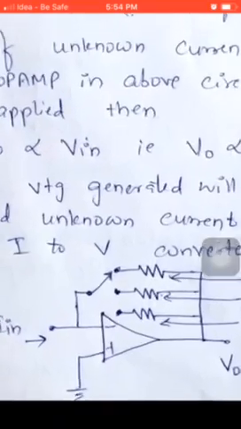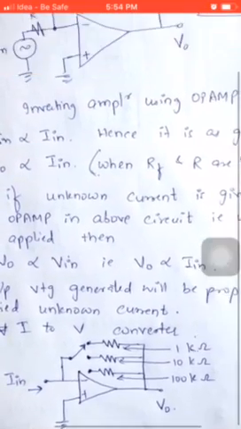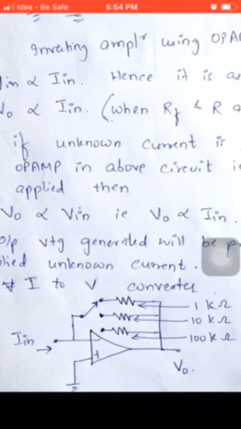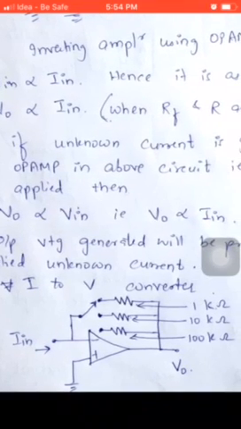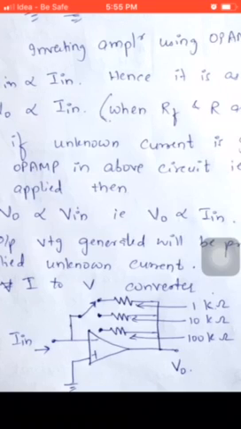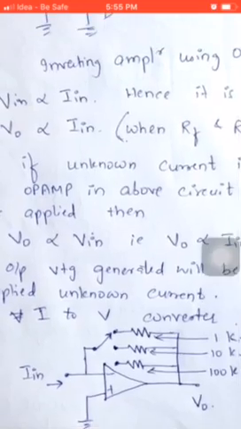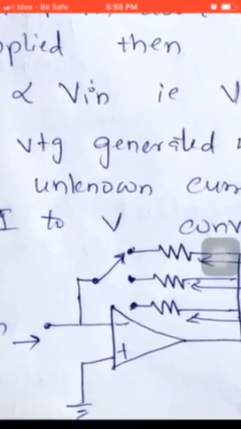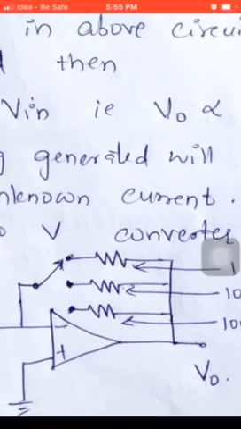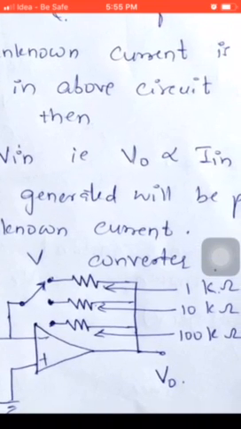Now the diagram which you can see here, this is a slight modification of the above diagram. In this particular diagram, as you can see, instead of one feedback resistor, you have three feedback resistors. One has a value of 1 kilo ohm, then the other one has a value of 10 kilo ohm, and the third feedback resistor has a value of 100 kilo ohm. Doesn't mean that all three of them are connected in the circuit. No. If you can see that we have a switch here, and with the help of that switch, either you can connect the 1 kilo ohm resistor, or you can select 10, or you can select a 100 kilo ohm resistor in your circuit.